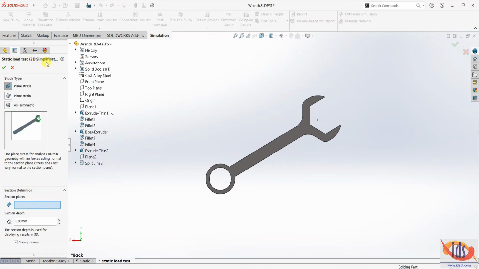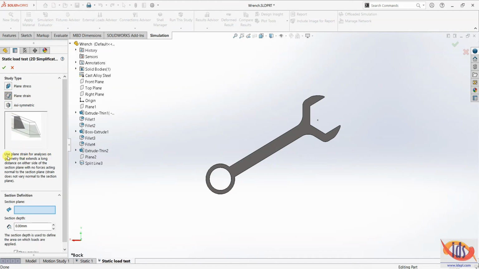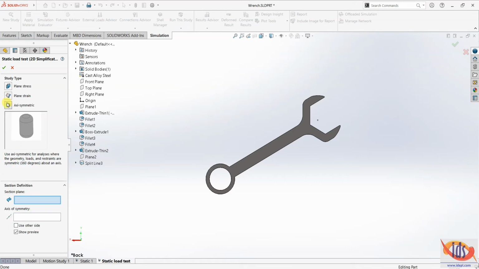Alright, so here we get some options for 2D simplification, which are plane stress, plane strain, and axisymmetric. The plane stress option is used for thin geometries where one dimension is much smaller than the other two. The forces acting normal to the section plane must be negligible, resulting in zero stress normal to the section plane. Plane strain option is used for geometries where one dimension is much larger than the other two. And the axisymmetric option is used when the geometry, material properties, structural and thermal loads, fixtures, and contact conditions are symmetric